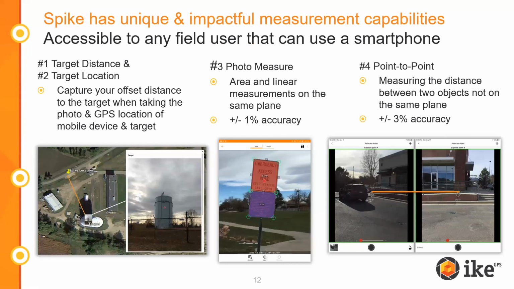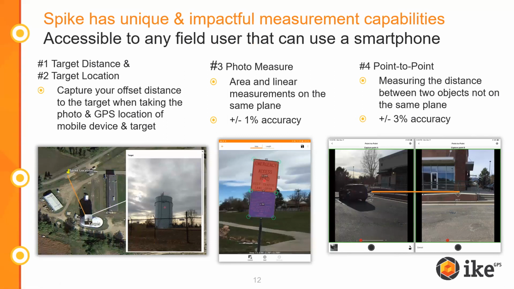And so we want to make the operation simple, but when you make the operation simple, the types of field data collection that you're doing has to be simple to do also. And these are the ones that we're doing. And so these are sort of the magic four, if you will, of functionality that we do. So the first is that we measure distance to a target. Now you may say to yourself, well, how special is that?